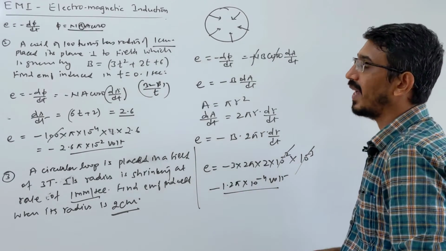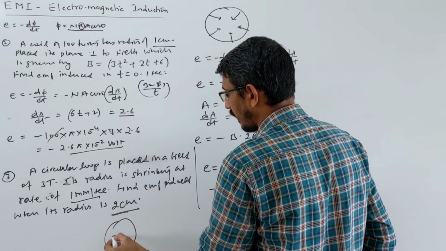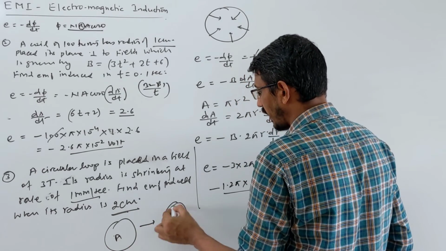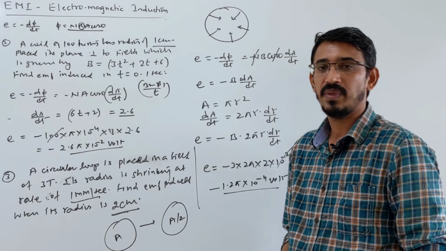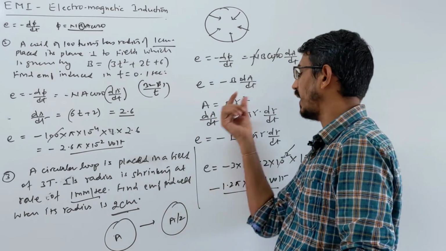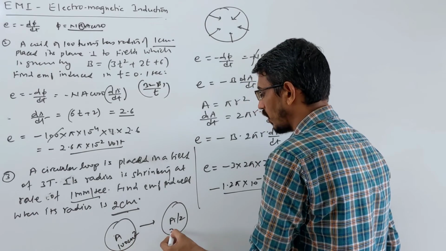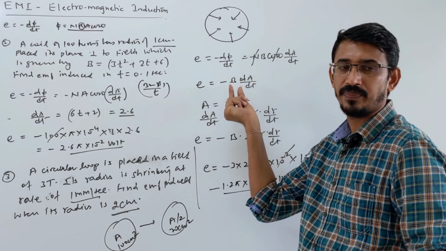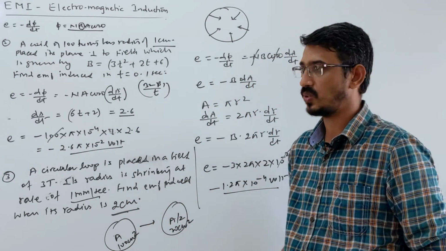Or they can also give it directly. They say that we have a loop of area A, and it suddenly shrinks so that the area becomes A by 2 or A by 3. Then they ask what is the EMF induced. So you can directly write the change in area, delta A. Or values can also be given: the area is 100 centimeters square, suddenly shrinks to 20 centimeters square. What is the EMF induced? You can write the change in area directly. These are direct questions. The same goes for questions on field and flux also.